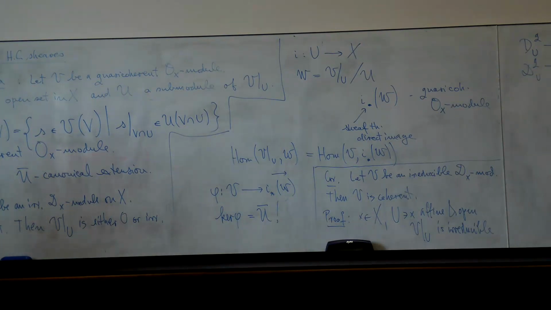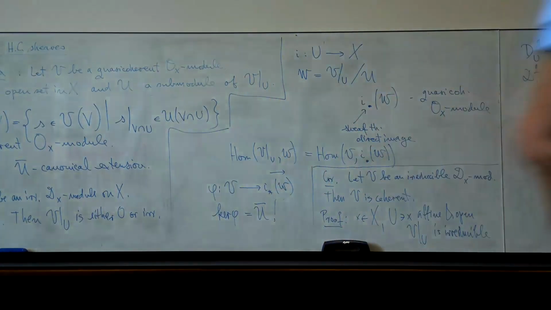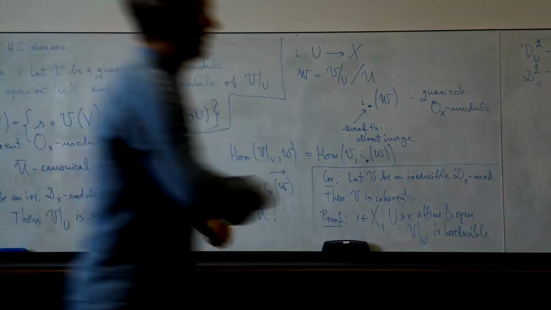Maybe just to comment on that, Robert, because I think it's remarkable. If you think about the support on the cross, and you take the structure sheet of the two axes, then as a coherent sheet, you can have an extension which glues the two together. But as a D-module, the intermediate extension does not mix the two axes anymore, which is quite remarkable to see.